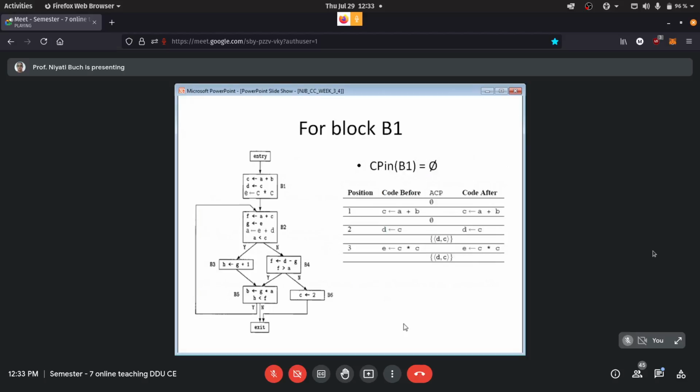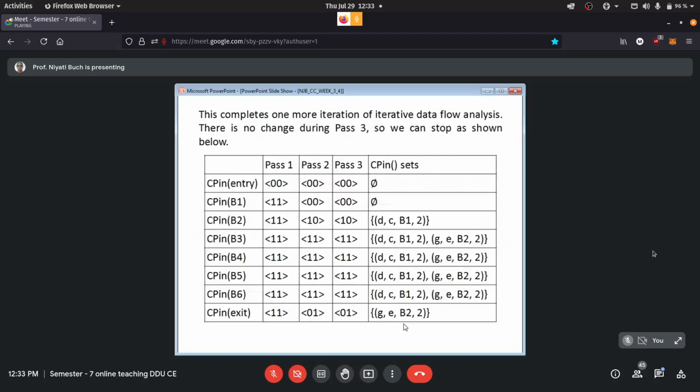For this example, we will take CP in of B1 as 5. Now let's take each block in order. CP in we had determined over here, we have this CP in after the iterations. These are the values, and now we will consider all these new CP ins only.